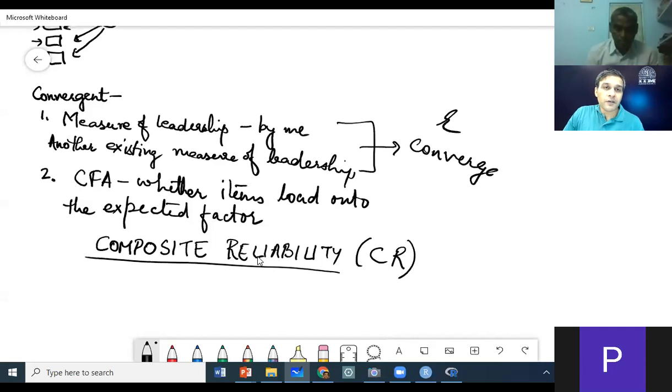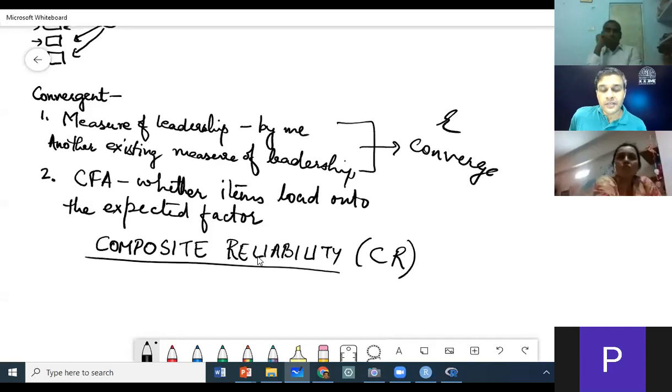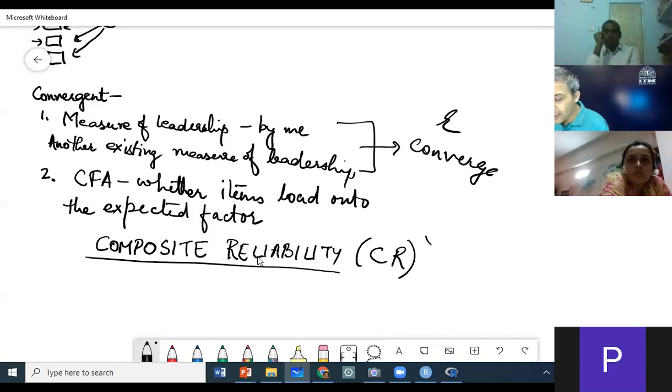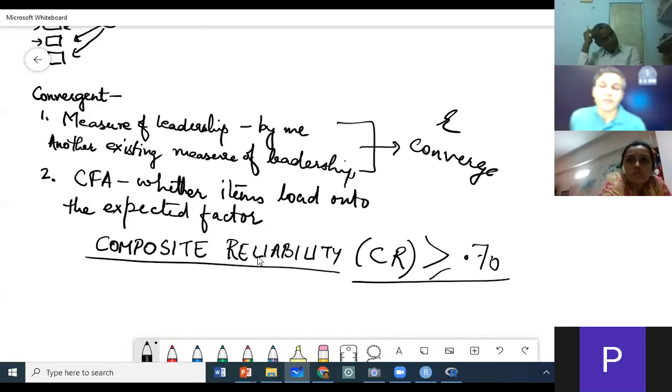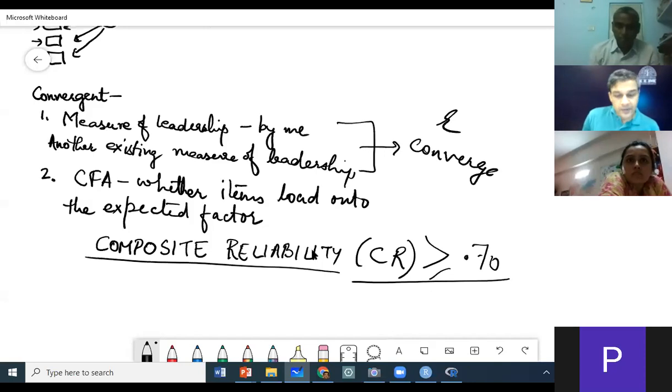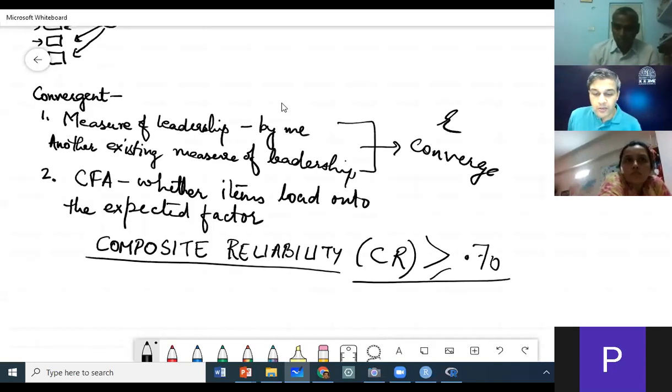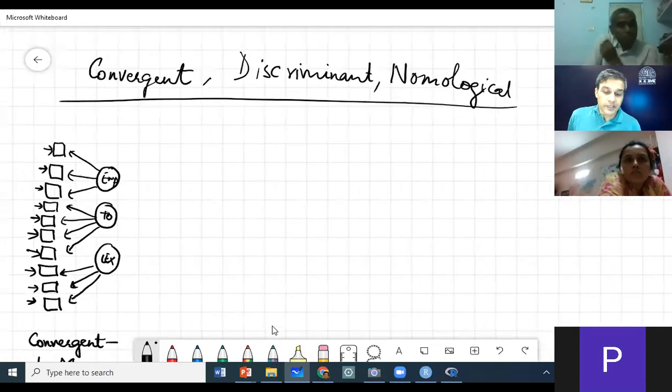We computed alpha when we were not in confirmatory analysis, but when we are into confirmatory analysis using SEM, we will compute another reliability measure, which will tell us whether the items converge onto the latent factor or not. Its threshold is again similar to alpha. It should be greater than 0.7. So this is what we talk about when we are doing convergent validity.